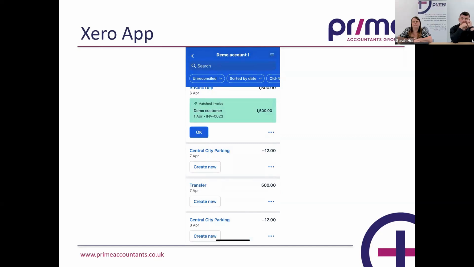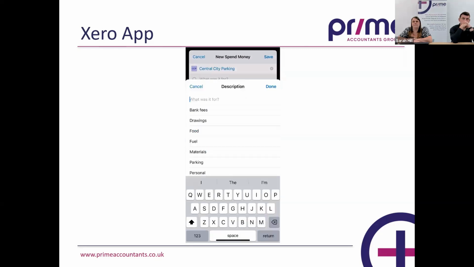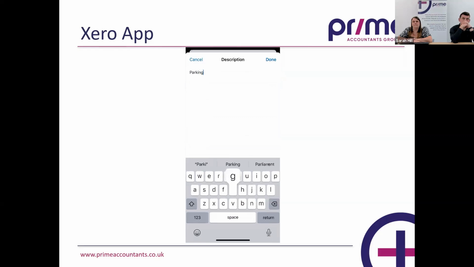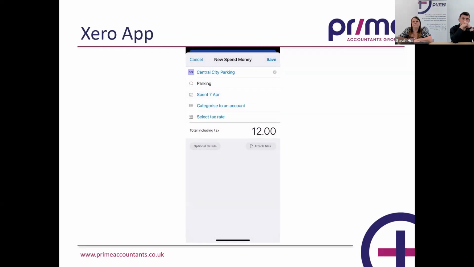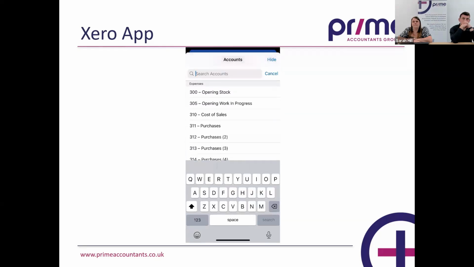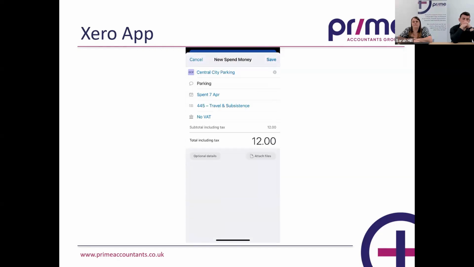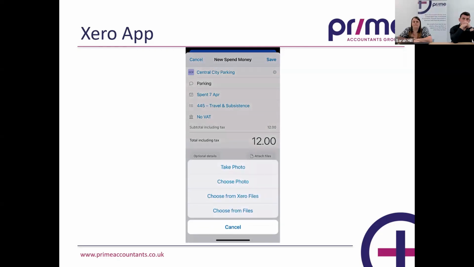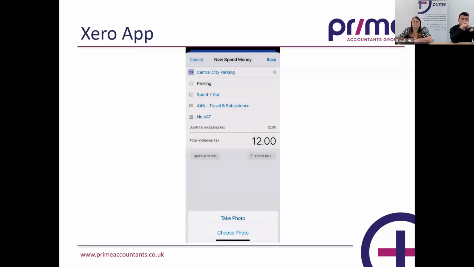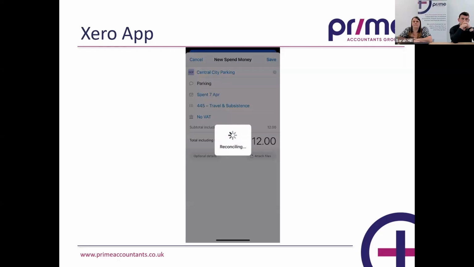I can create a new transaction by clicking on Create New. I'm going to say that this transaction was for parking, and I'm going to categorise it to travel. If I had the receipt, I could click on Attach Files and either take the photograph, or if I've already taken the photograph, I can choose it to attach to this transaction. Click on Save,